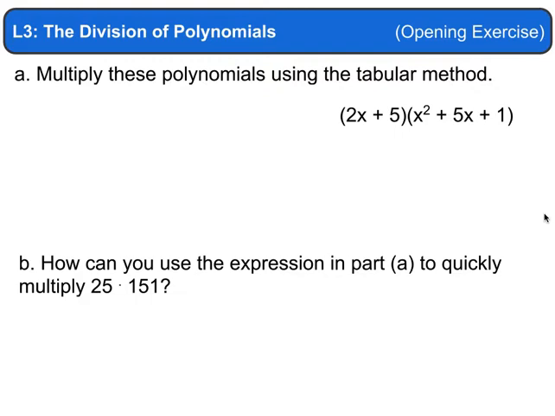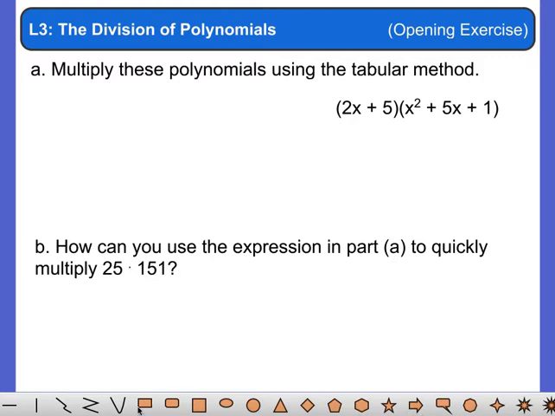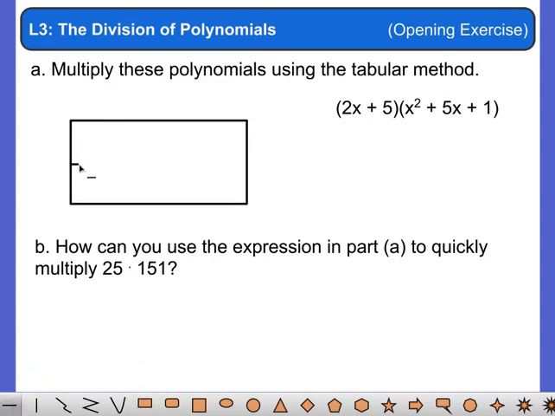in this given case. And so if we were to take a look at this, we would of course need to build a box if we're going to use the tabular method. This is going to be a 2 by 3 box. So we can do that. We can build a box this way. We can put a line horizontally this way. And then we can divide this up into 3 parts. One here, and